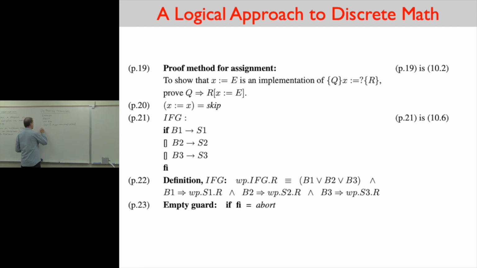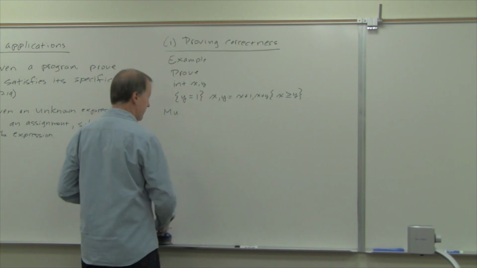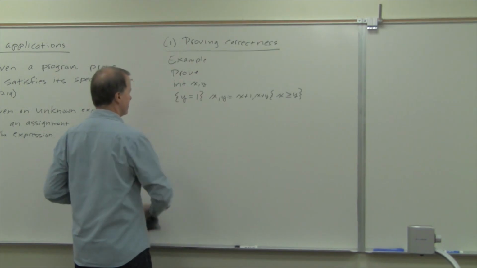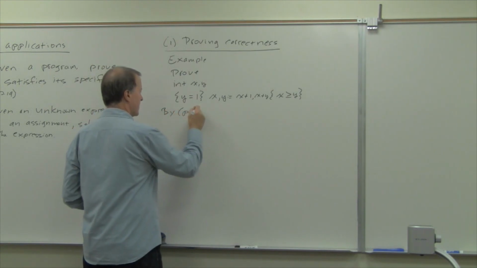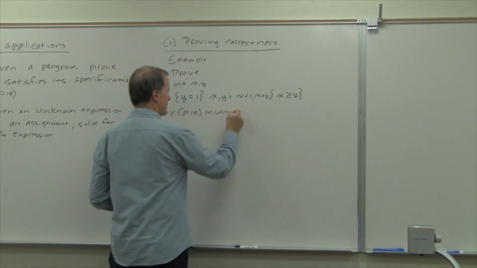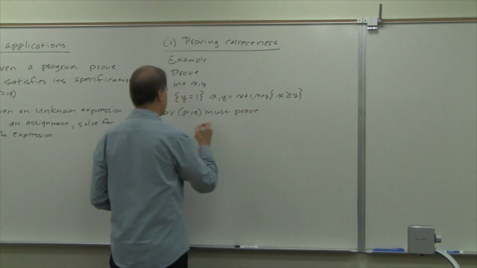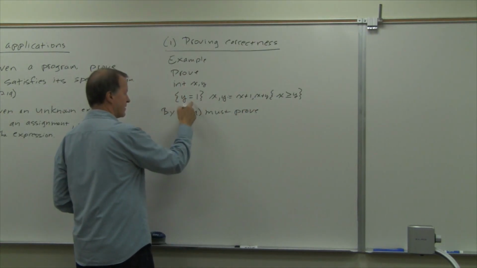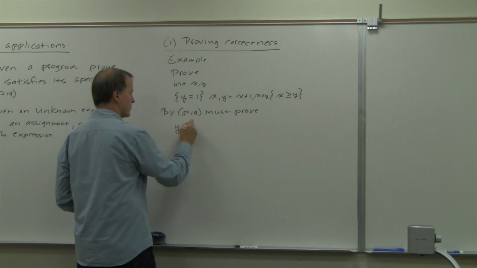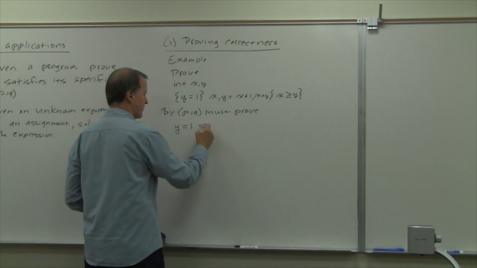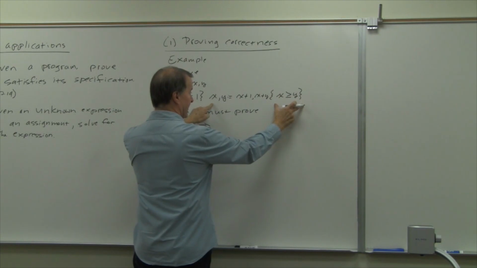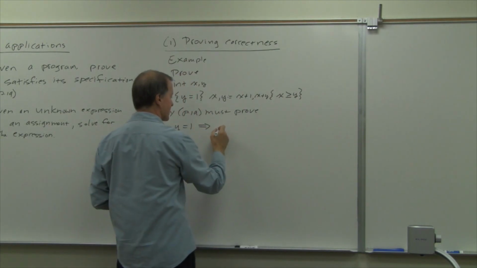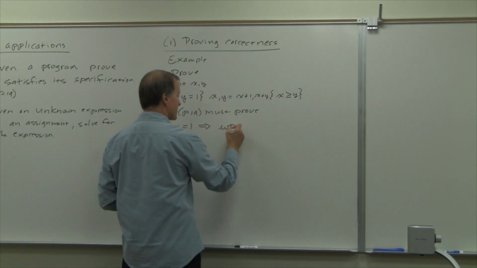So here's what we must prove. By P.19, let's just write down what we must prove. We must prove that y equals 1 implies, let's just write it as the weakest precondition,